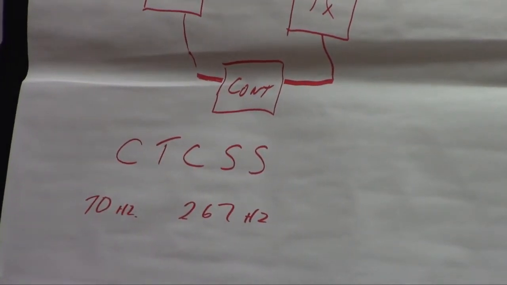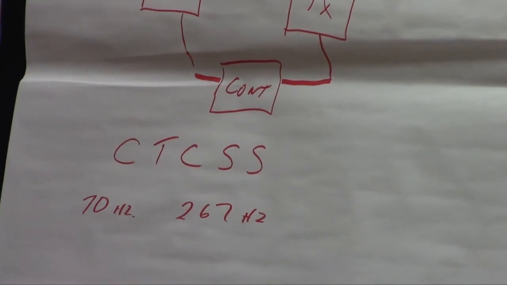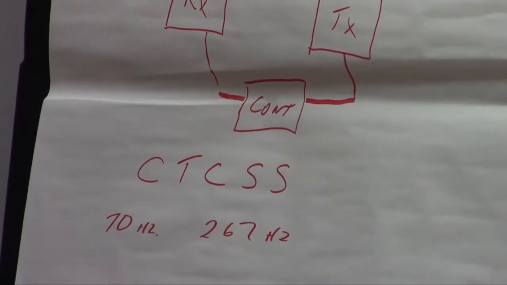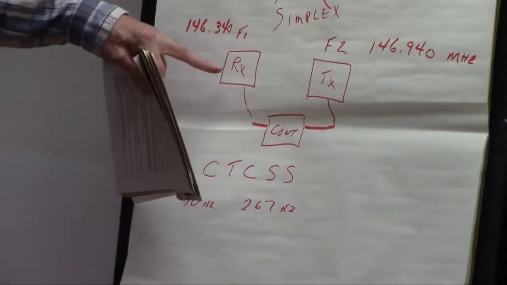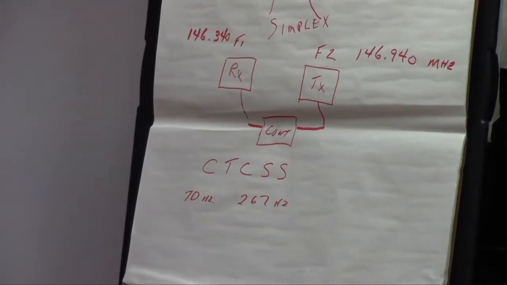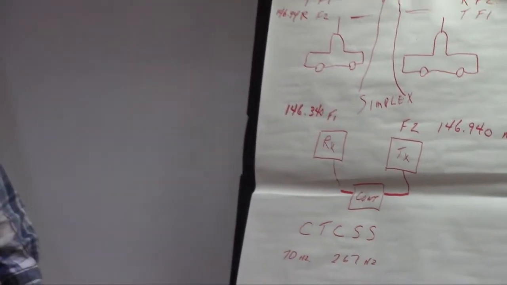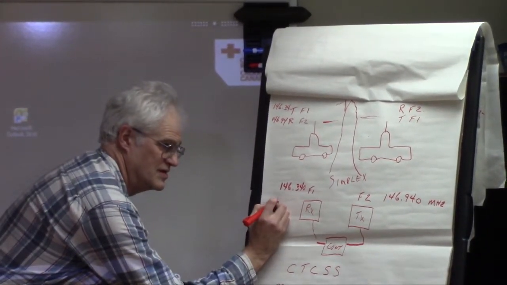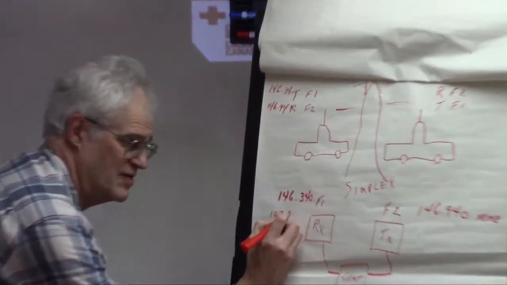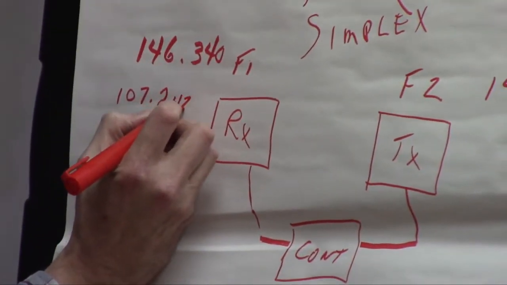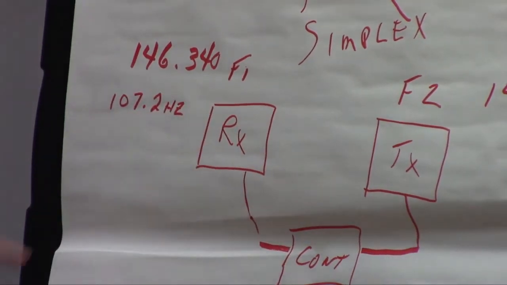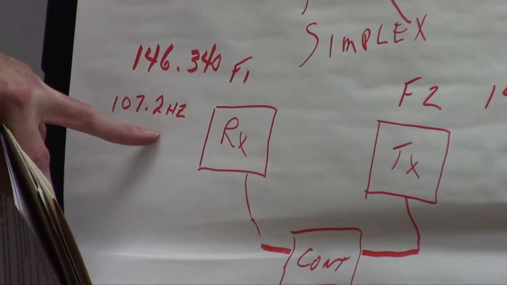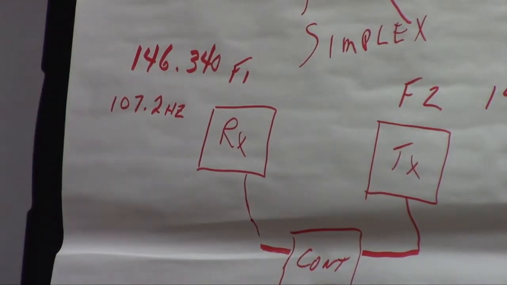These tones are very accurate, very low frequency. So by transmitting that low frequency tone on your signal and having the repeater listening for it, it will only activate when it receives the correct tone. So in our case, in order to get into our repeater, you need to transmit a tone of 107.2 hertz along with your signal,